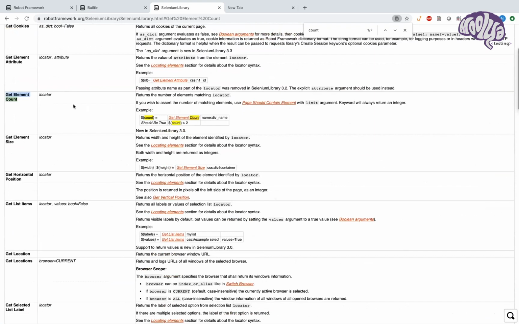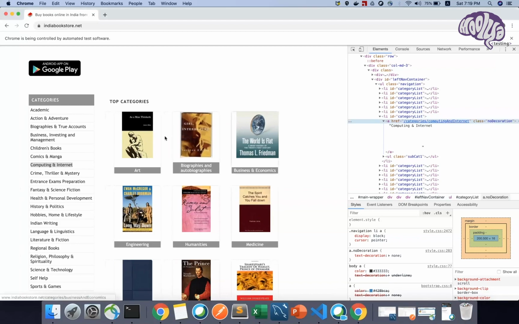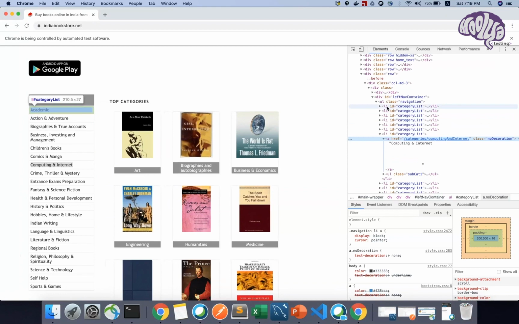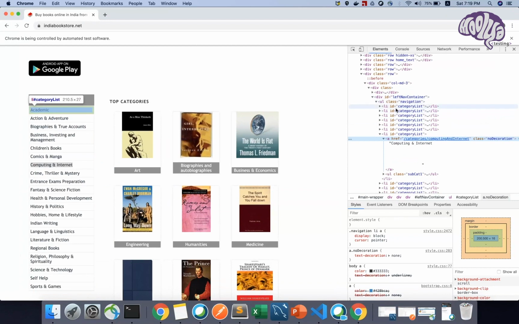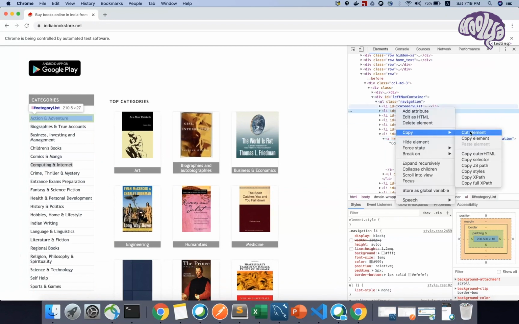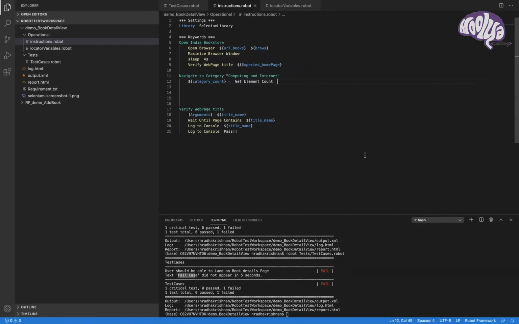When you use this command, it provides only one argument, which is the locator. Let's use this. So I just need the list starting space, which is this one. I just need to mention till li, so that under this it will count how many lists there are. The easiest way to get the XPath is to just right click, go to copy, and search for copy XPath. Sometimes it will not give you the exact path. Let's see if it is giving me the required path here. So XPath, again a double space, give proper indentation, double space, XPath is equal to.